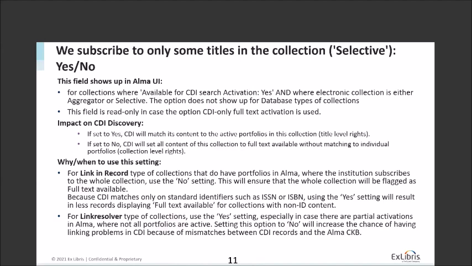The recommendation is to keep this setting to no, and this will make sure that the whole collection will be flagged as full text available. For link resolver type of collections, we recommend to keep it set to yes, especially in case of partial activations in Alma. If you only subscribe to a subset of the portfolios,